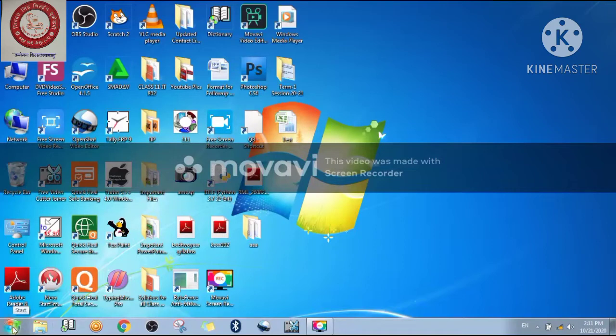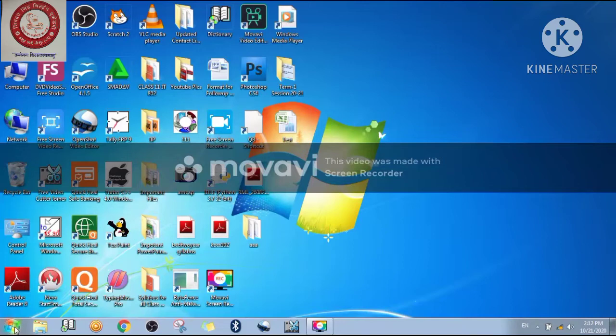First of all, we have to understand how we are going to start the database. Right now we are going to create the database in Microsoft Excel. So what is a database? A database is a collection of information which is used for several purposes. So first of all, we are going to start MS Excel.